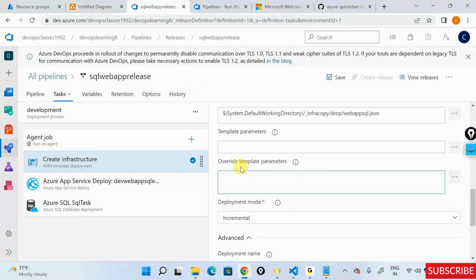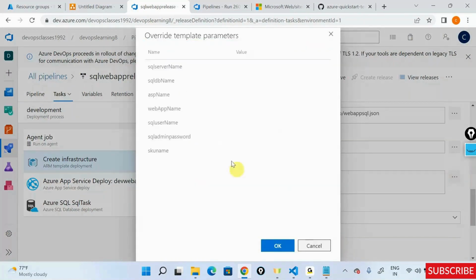Just scroll down, and my template as of now doesn't have anything declared. So I'll come here in the override template parameter section. I'll click on this one, and here I have all the parameters that are actually there in my template, which is SKU name, DB name, ASP name, web app name, SQL name, and all these things. Everything is now a parameter. So I'll copy everything here. And what I want to do is declare all these values